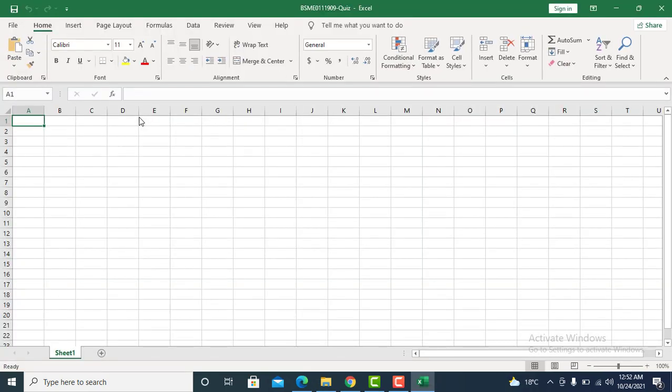Now here we will create a plot for our data. So first create a table. Let's suppose we want to create a table with the x-axis values, under which we will write material 1, material 2, material 3, material 4.